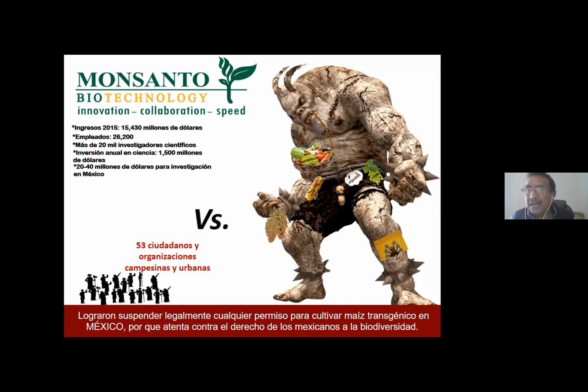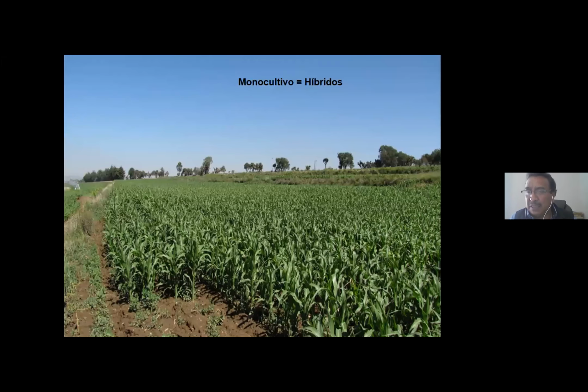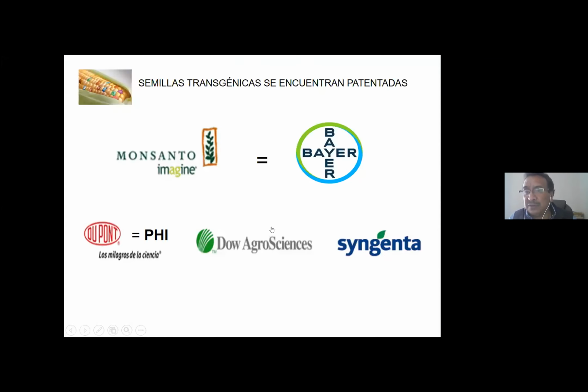How do we organize ourselves to take care of our own home, to conserve our corn? We must organize ourselves. That's how we do it. You know what the threats are to our food sovereignty. It is the hybrid varieties that there was a time I was not so opposed to, but now I see the harm. These are the companies, the multinational corporations that are threatening us.